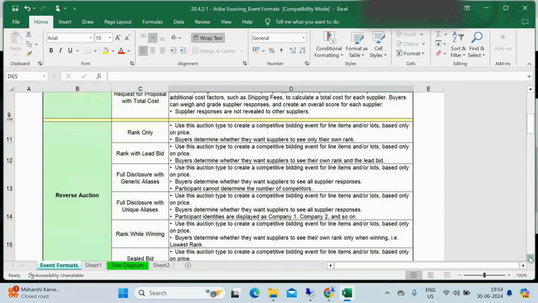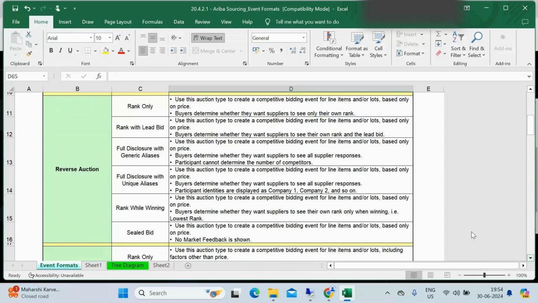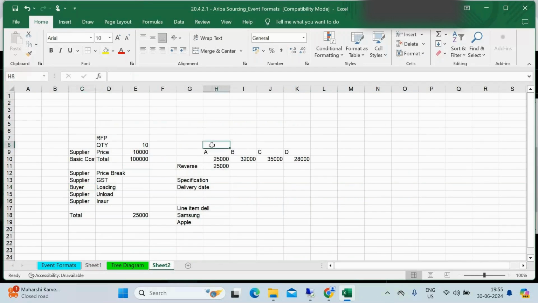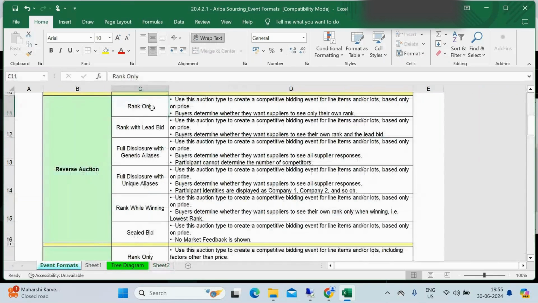What is rank only? When we are doing the negotiation, a supplier is rank 1, another supplier rank 2, rank 3, and rank 4. It is based on the lowest price: the lowest price gets the best rank. Based on that ranking, we are going to do rank only.